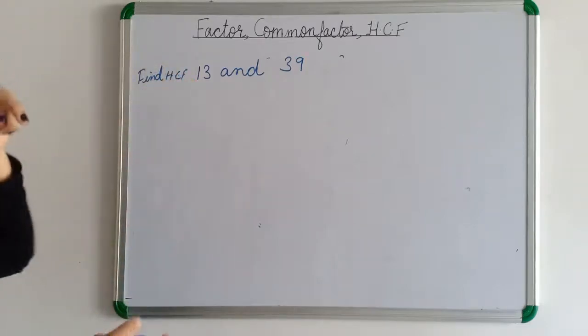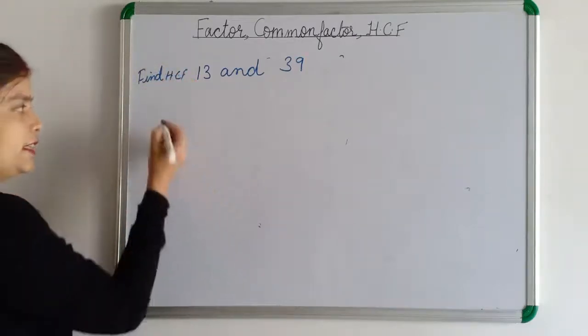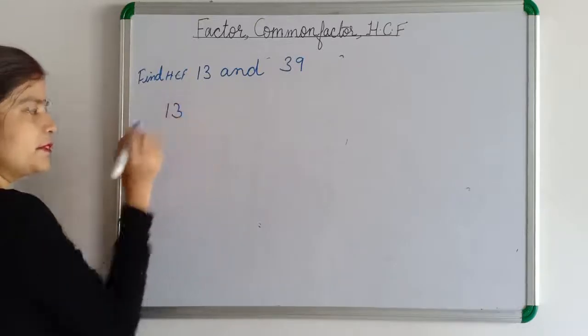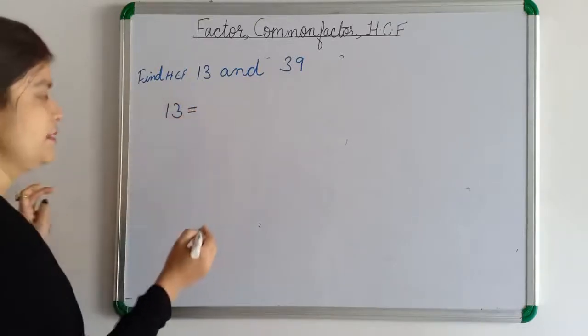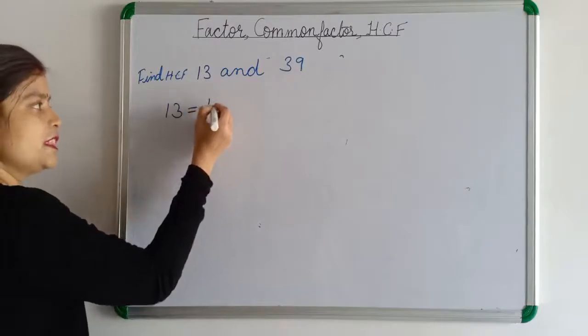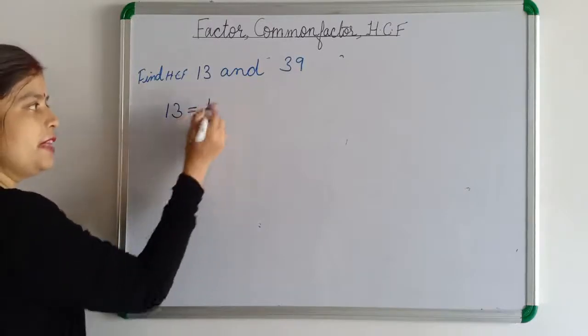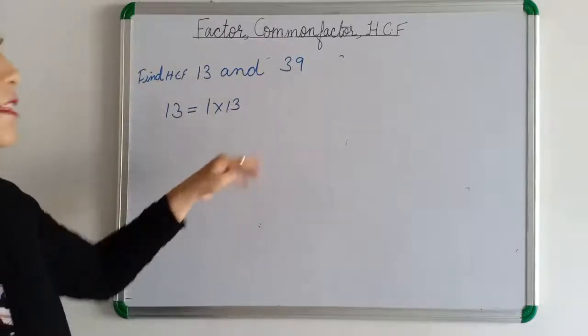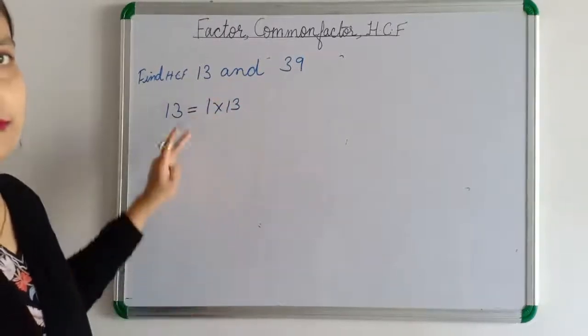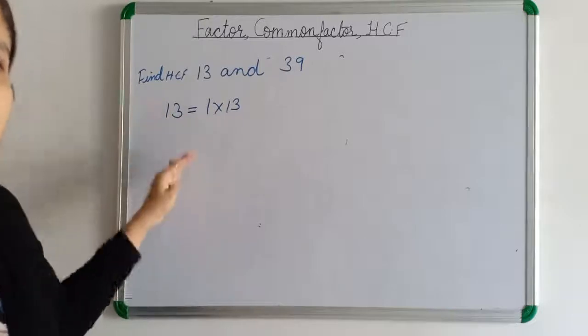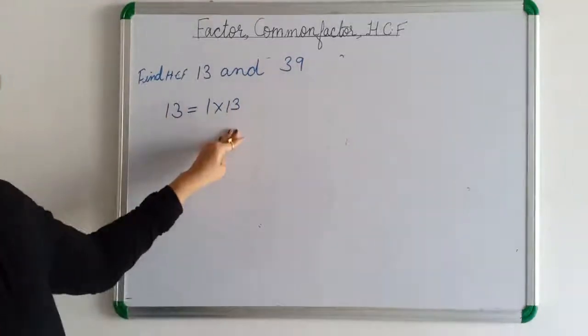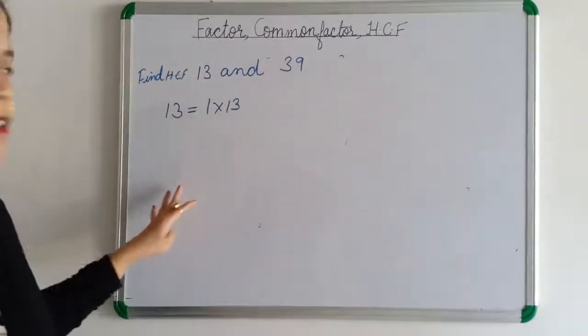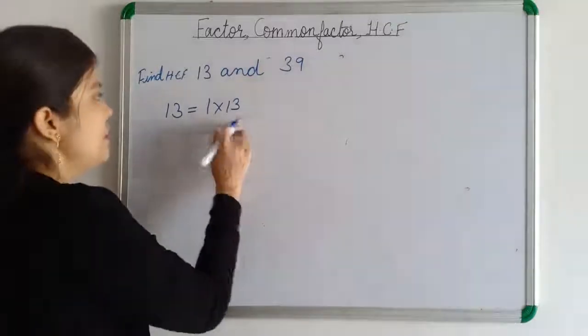First we will find the factors of 13. That is the rule. 13 is a prime number. We will also discuss what a prime number is. It can be divided only by 1. We can't divide by 2, 3. You check it. Okay. Till 13 you go on dividing. You divide by 2, you divide by 3, you divide by 4, like that. Till 13 you divide, you will find it is not divisible by any number. So only 1 and 13.